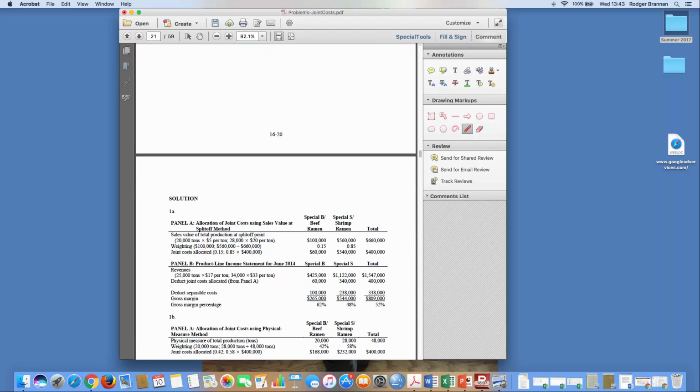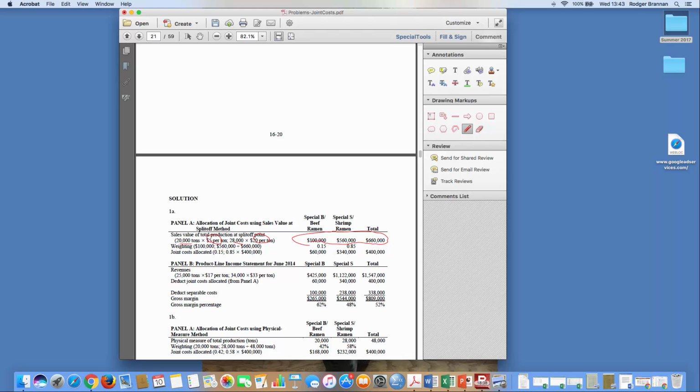Okay, so allocating joint costs under sales value at split-off point, I look at the amount of production, the 20,000 of beef, the 28,000 of shrimp, times the respective sales value of 5 for the beef, 20 for the shrimp. Here are my sales values at the split-off point, a total of 660. So just take 100 over 660, 560 over 660. I end up with 15%,